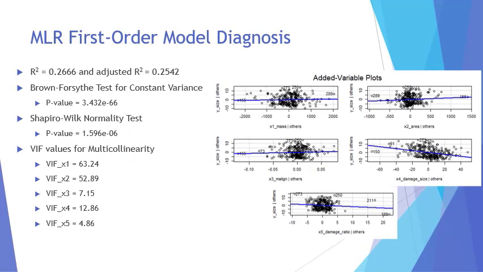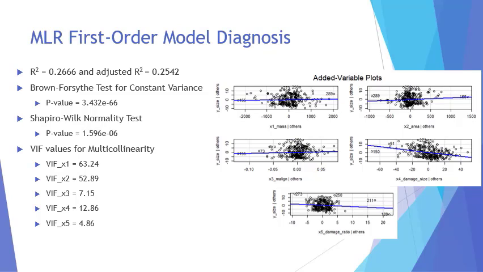According to my diagnosis of the first-order model, it appears that a relatively low proportion of the response variable can be explained by the MLR model, as indicated by the low coefficient of determination value of 0.26 and the adjusted R-squared of 0.25. However, the added variable plots shown on the right indicate that a linear term for all predictor variables may be a helpful addition to the MLR model already containing the other predictors due to having sloped linear lines on the